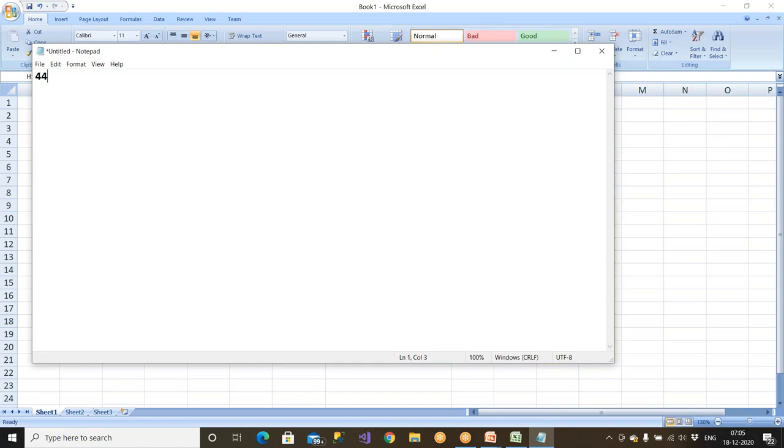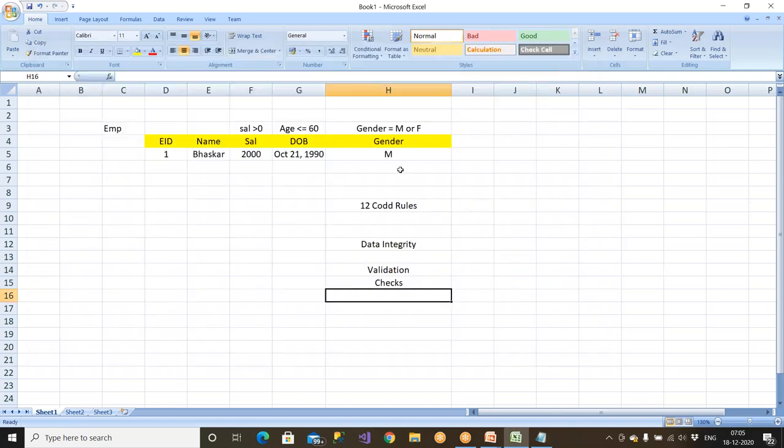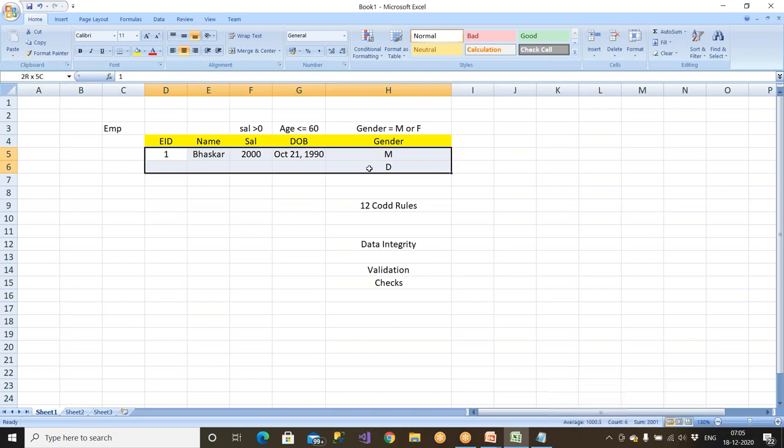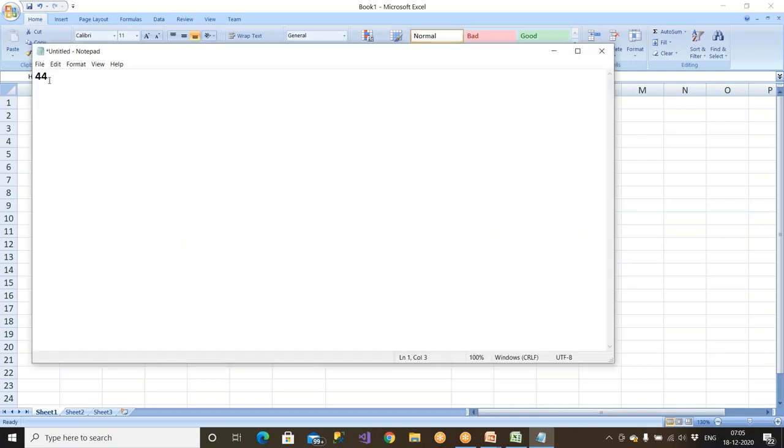What will happen if you say, I wanted to know the number of males in this company? There is an entry called D in this. This D is neither male nor female, but you have two such employees, so you get bad data. Clear? When an application is giving you bad data, you will get confused. Actually, the temperature is 12 degrees, but it is showing 44 degrees. Now what happens? Immediately, you uninstall the application because it is not showing correct data.